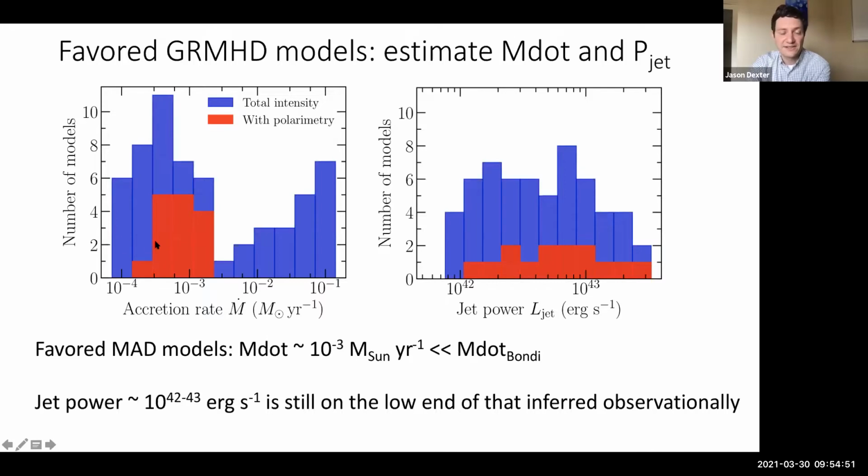And the key I want to get across is just like we said earlier in the talk, polarimetry is really good at measuring physical properties of accretion flows. And so in this case, we can estimate now the accretion rate onto M87 and argue that we think it's probably lower by a significant amount, about a factor of 100 than the Bondi accretion rate. So actually not that different of a scenario than the Galactic Center in that way.